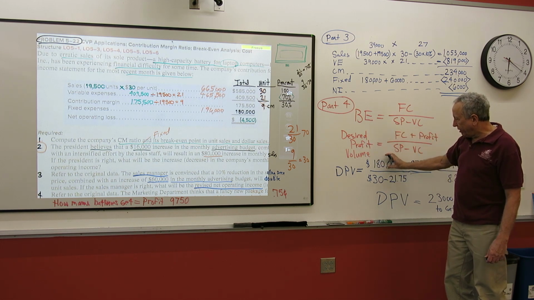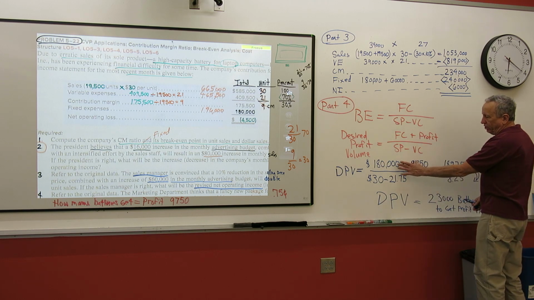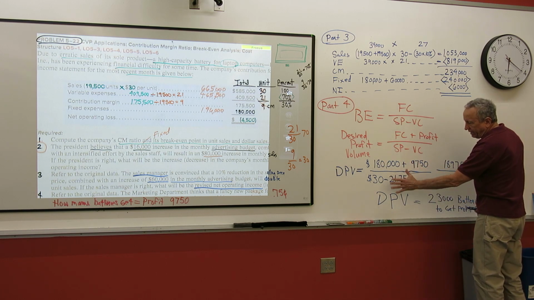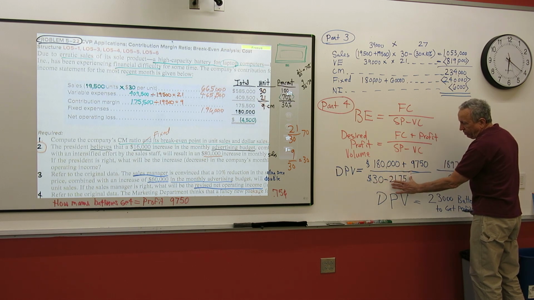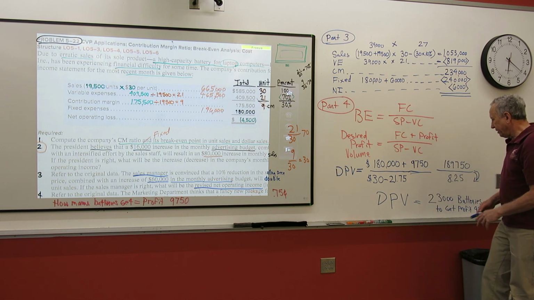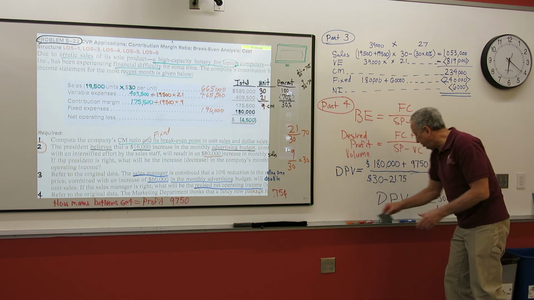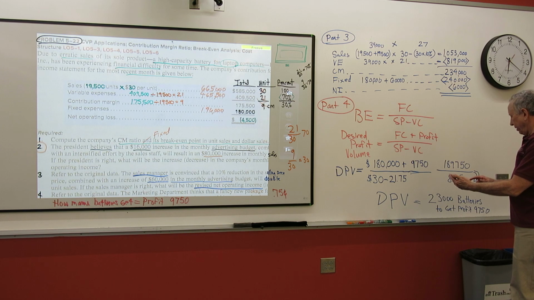You can use it in the numerator. Really, the only thing you're going to change is your numerator for the profit. And then it depends on the problem. If your company is changing the price or the variable cost, you're going to have to change it. Anyway, I think that's the end of this problem. And I'll double check that just to make sure.